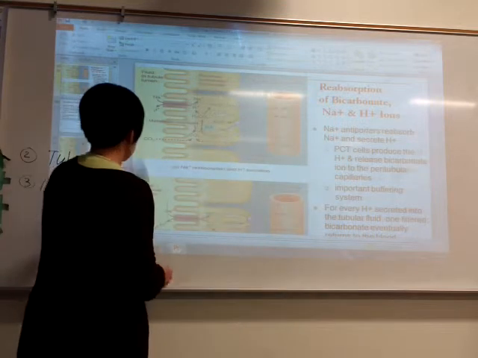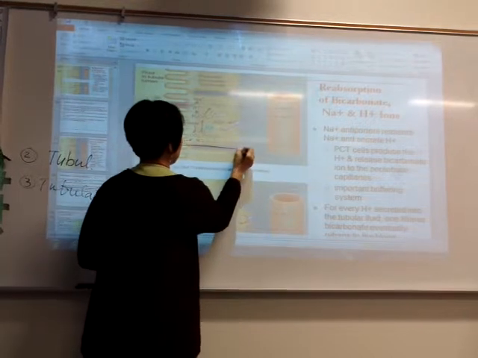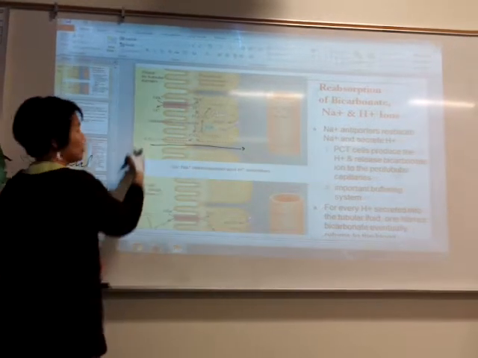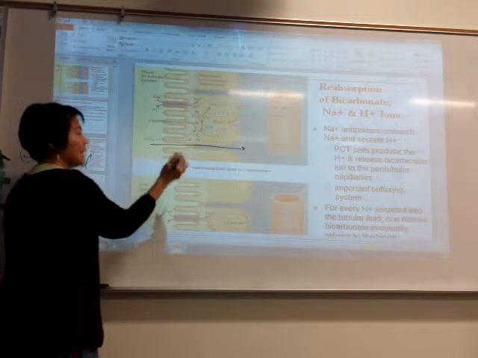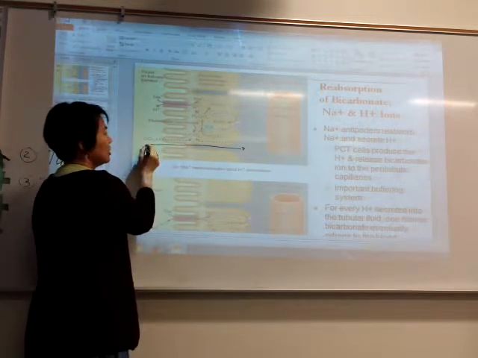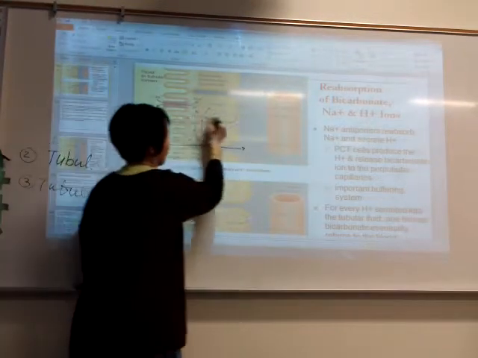They pass through here to the interstitial fluid. So this is the tubule of your kidneys. These chemicals can either move from here to here or right